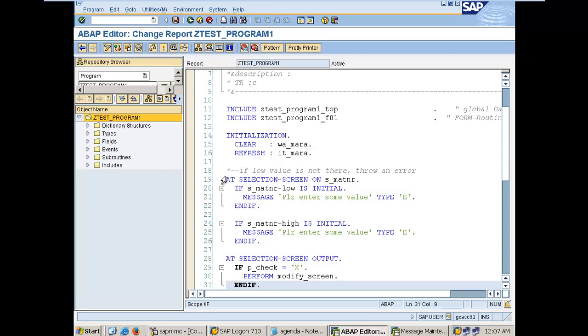We don't expect the users to go to SE38 and give the program name and then execute this report. No, we don't do that. Rather than that, we will try to attach this report to a transaction code, like we attached our table maintenance generator to a transaction code some time back. So come here,